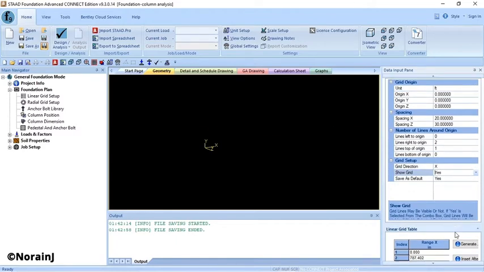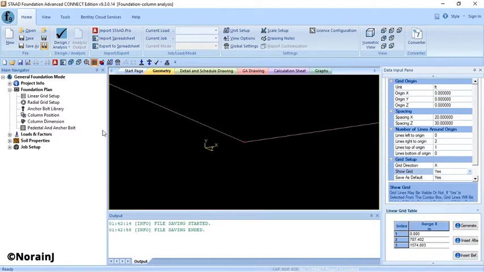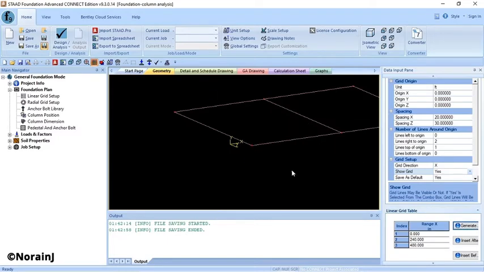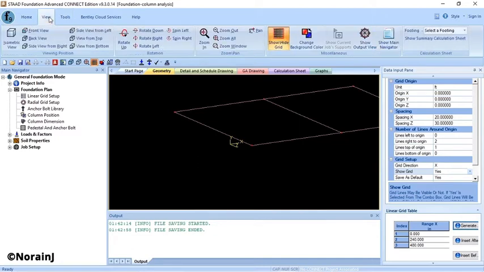and then the grid line is showing after we click yes, and then we go to linear grid table and click generate, and then it is showing the grid line that we already created. And then we move to tools, and